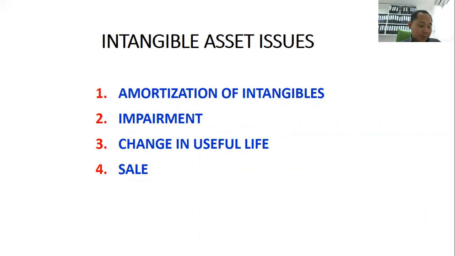Okay, so another problem here in intangibles is impairment. We need to write down the intangible asset and recognize an impairment loss if an intangible asset becomes impaired. Kasi may mga nangyayari, for example, wear and tear, okay? Or na-reduce or na-extend yung life ng asset mo. So another issue is the change in useful life. So there is a reduction or extension of the remaining life of the intangible.